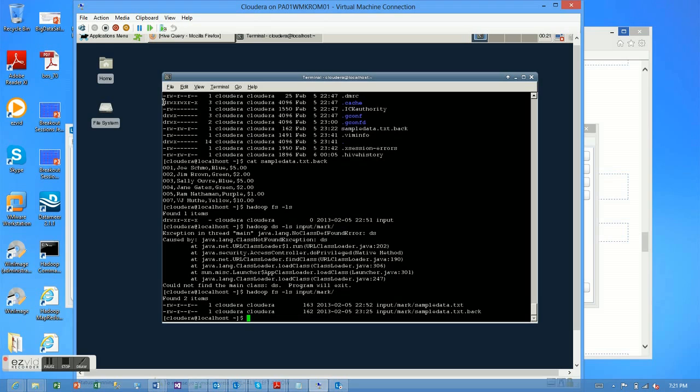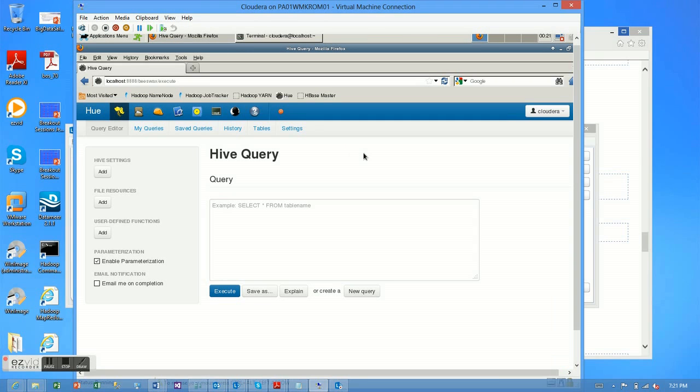So what's interesting about Hive is that it's SQL-like. It's not actually conformant specifically to a SQL standard, but it's very familiar and comfortable to your users. And this is a web page that comes with the Cloudera distribution, and they call this Hue or Beeswax. The ability to interface with the Hadoop system from this sort of graphical interface is very helpful. I should say that each distribution of Hadoop, the same thing with the Hortonworks distribution, has a similar sort of web page and HTML access that's a little bit different, but